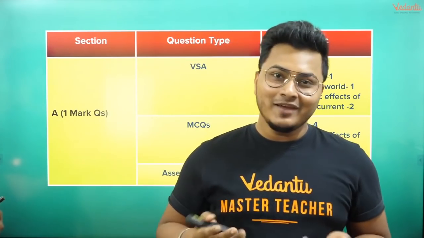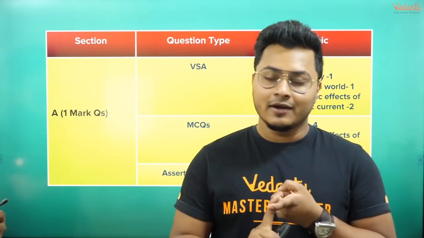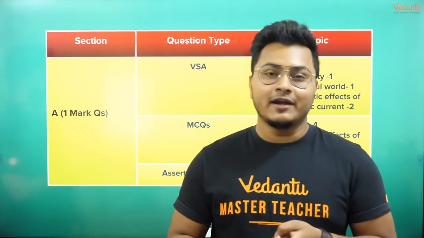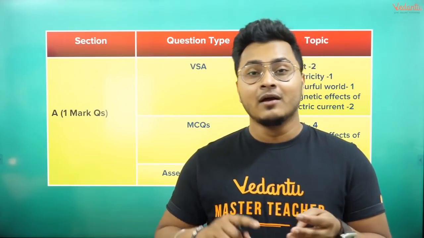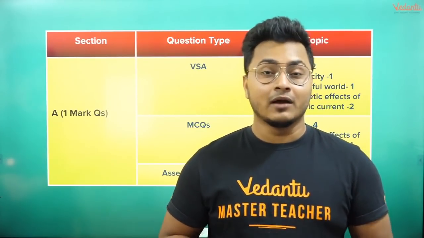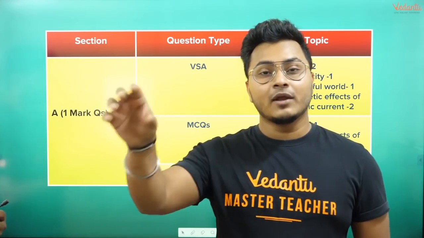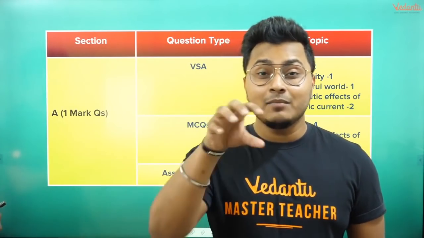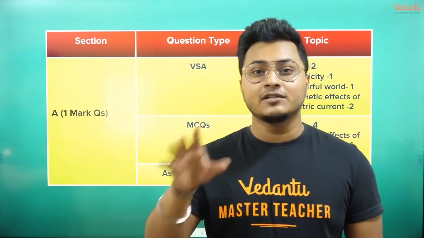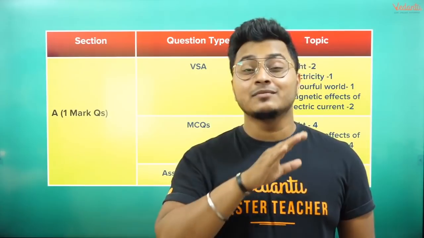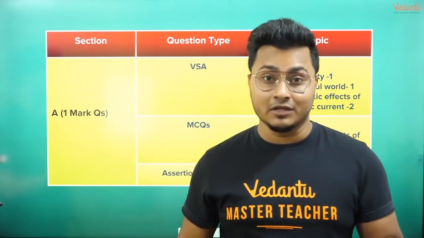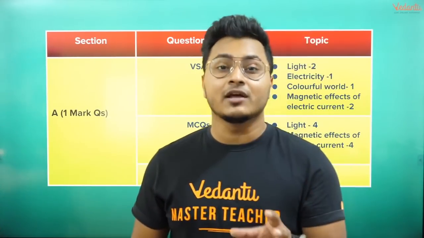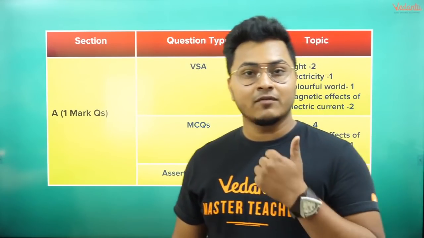So all the formulas should be at your fingertips. The formula for current, electric potential, potential difference, power, heating effect. They will ask what the formula of Joule's law of heating is, and give you 4 options. So every formula should be at your fingertips, and electricity being the chapter which has the most number of formulas in your CBSE 10 syllabus, it becomes really important that you remember all the formulas. Super important. So always remember this. That is one type of formula based question coming from electricity.